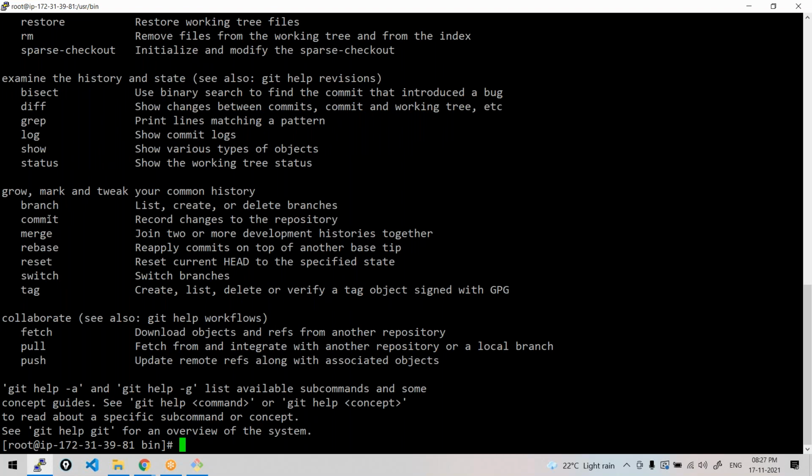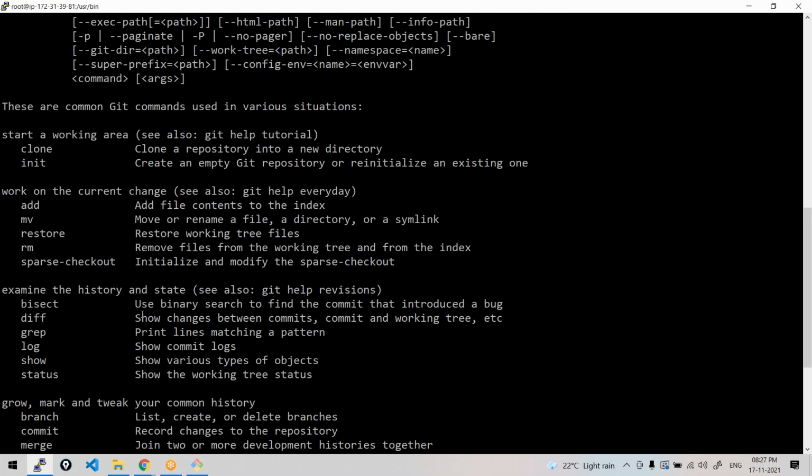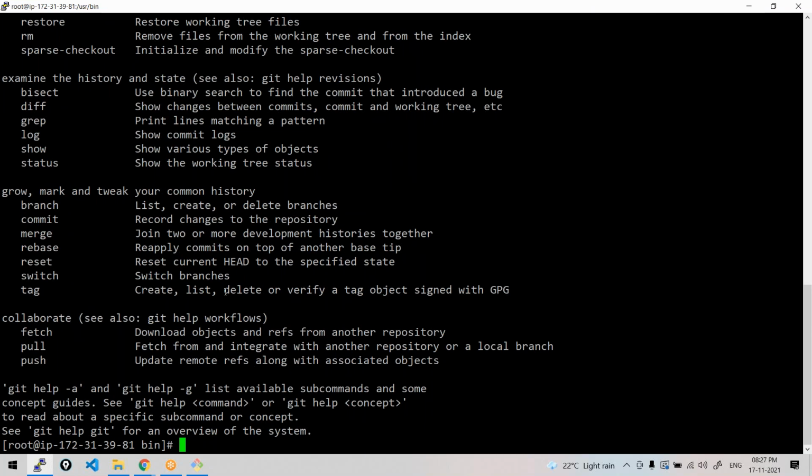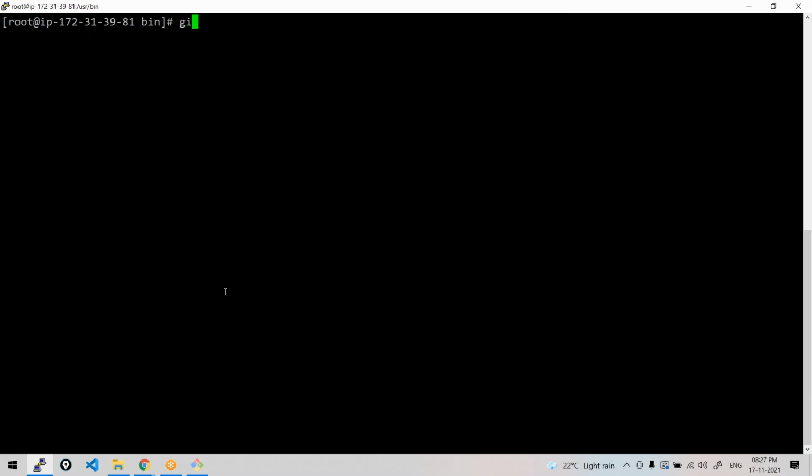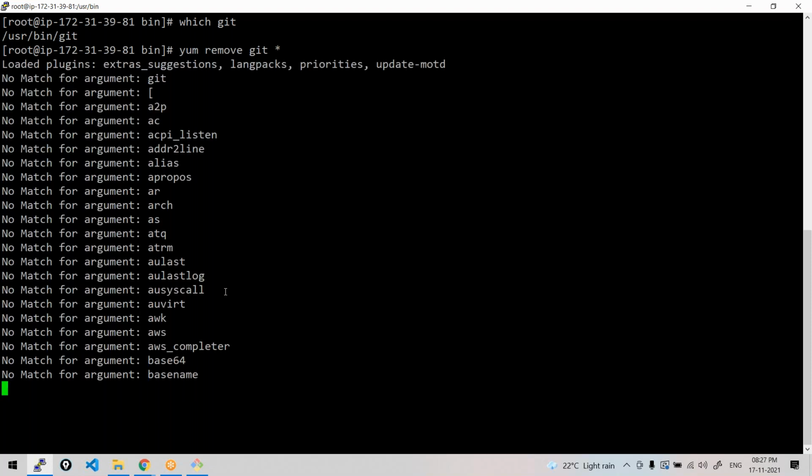But still we are seeing git clone, init, restore. These are git commands. Git star. Remove git star. Yum remove git star. No space.